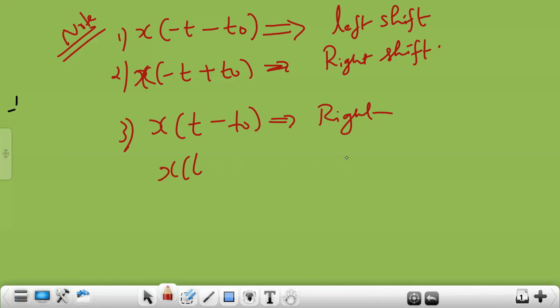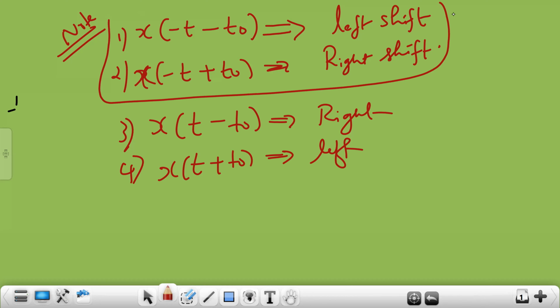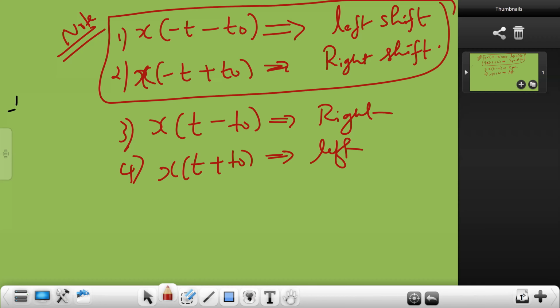But now I am speaking about the time reflected signal shifting. It is not x of t which is shifting. I am speaking about x of minus t which is going to shift. So in that case, it is just opposite to the previous case. If it is x of t minus t naught, it is right. But if it is x of minus t minus t naught, it is left. So you have to memorize these 4 items so that in your numerical problems, you can score good marks while drawing the graph. Any mistake or confusion in these 4 means the entire thing will be wrong. So kindly note this, put it in a box.